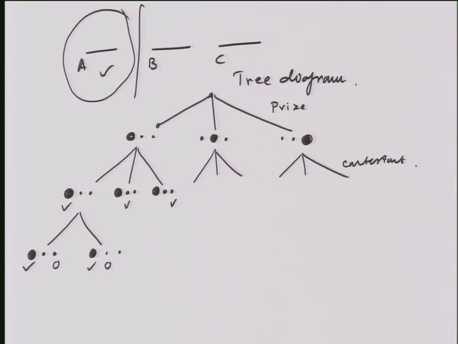How about in this case? There's exactly one door he can open, right? Because that's the prize door, and that's the one the contestant chose. Of the two that the contestant did not choose, this has a prize behind it, so Monty can't open that one, so he's got to open that one. So there's exactly one that he can open, which is